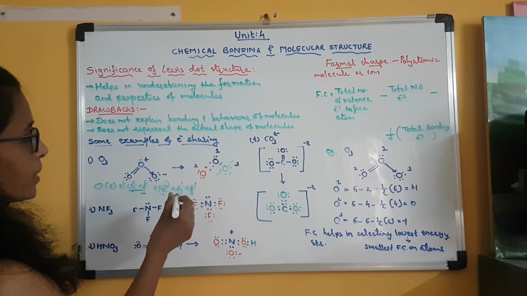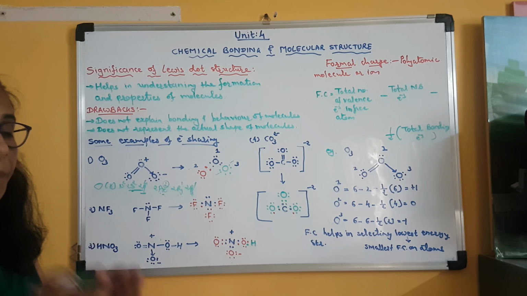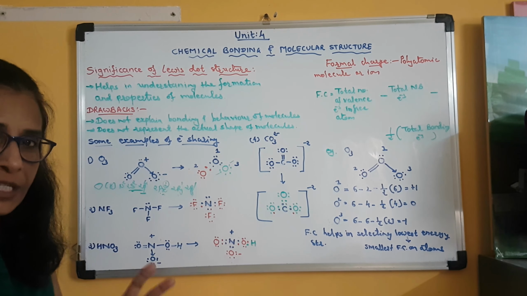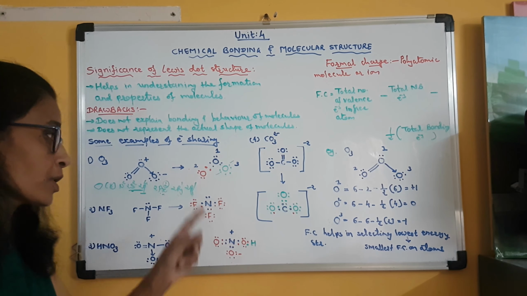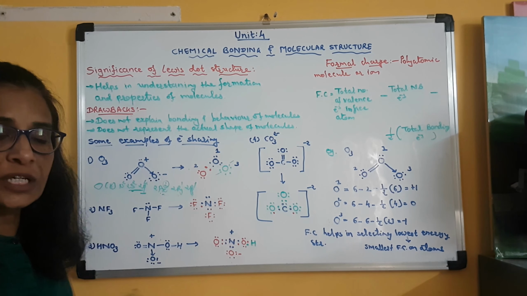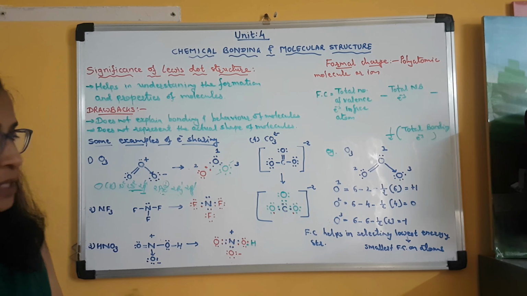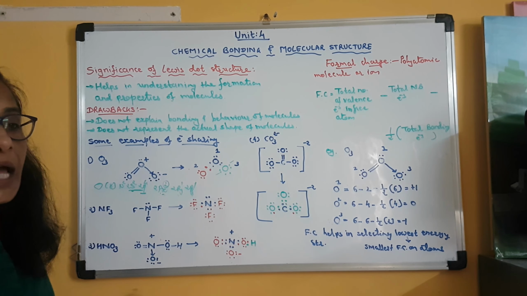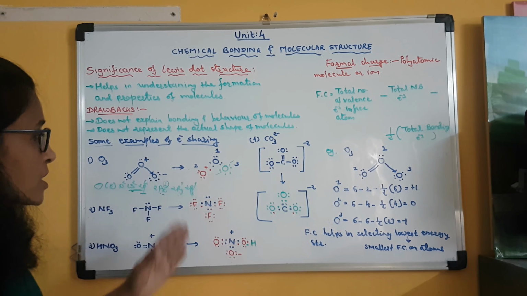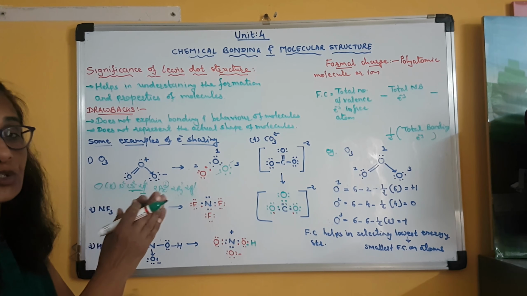But here my point is, the second oxygen has contributed the perfect number of electrons in bond formation. It has 2 unpaired electrons, and both the unpaired electrons it has shared in the bond formation. The first oxygen atom has shared 1 extra electron in the bond formation, and the third oxygen atom has not utilized any of its valence electrons. So this is how the sharing of electrons is there in the ozone molecule.